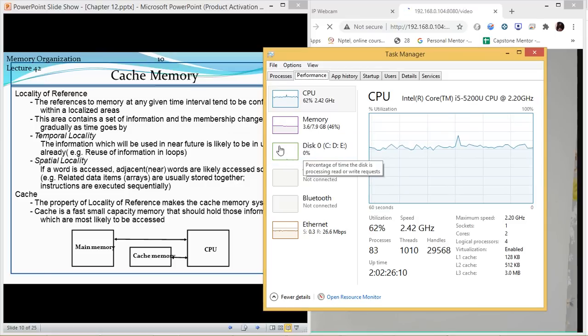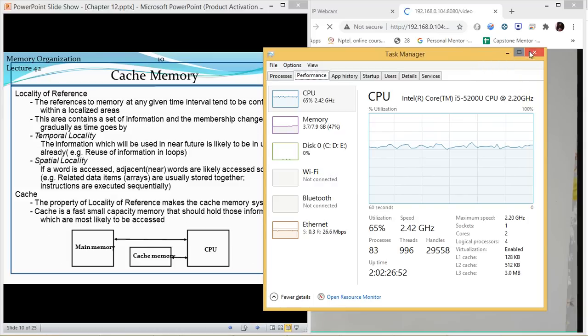The whole data in the hard disk drive cannot be present in memory, and the data inside the memory cannot all be present in the cache. There are different reasons for it. First one is the size. If the hard disk drive is 200 GB or 500 GB, you can't store the whole content inside the memory, which is 8 GB. Whereas if the memory size is 8 GB, you can't store it in 3 MB. So this is one of the reasons why we can't have the same data. But the reverse is always true: whatsoever you have in cache should be present in memory and disk as well.